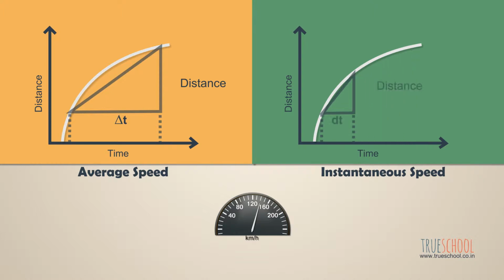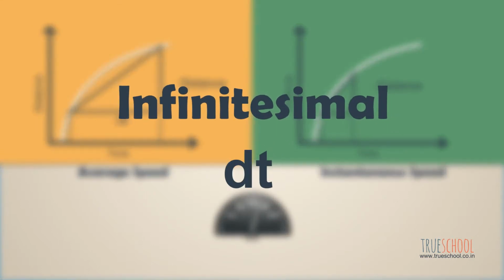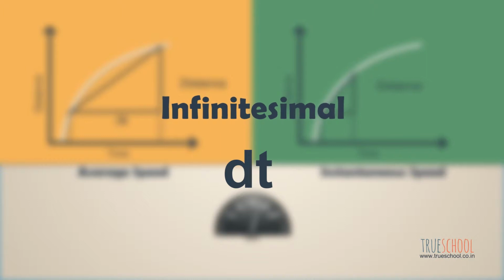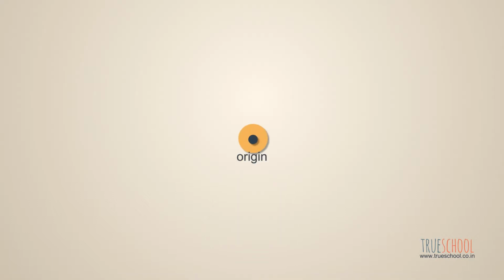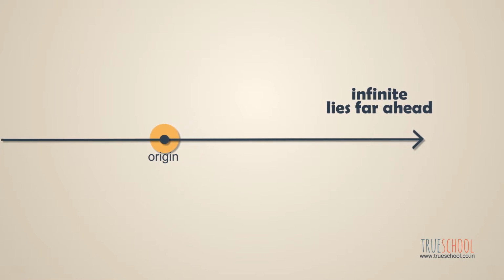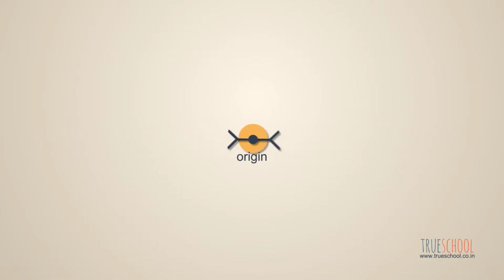I guess they take a very small interval of time and measure the speed in that. But I don't understand how small an interval is small enough to find instantaneous speed. To deal with this question, we invent a special quantity called infinitesimal. What is that? As you have infinite, the number greater than all the numbers, similarly you have infinitesimal, the other end of the spectrum. It's the smallest number.